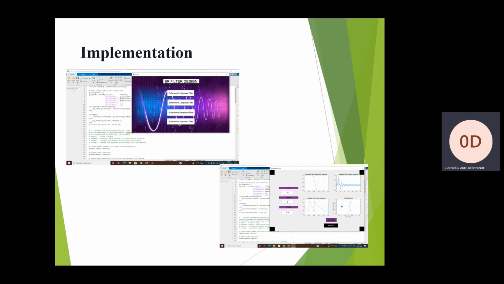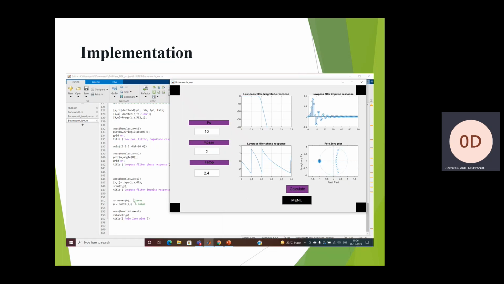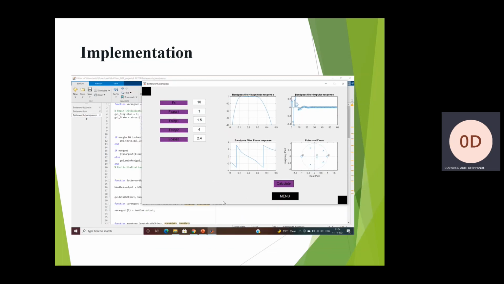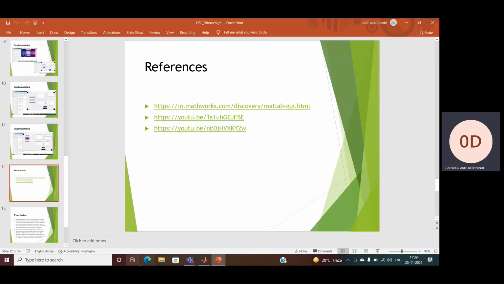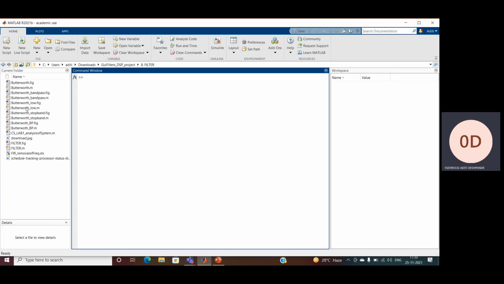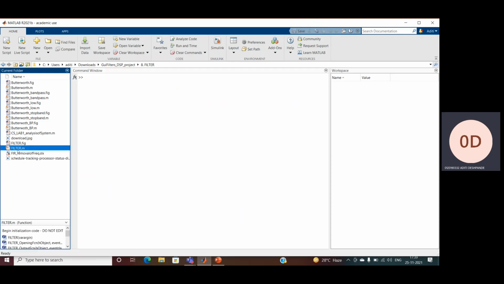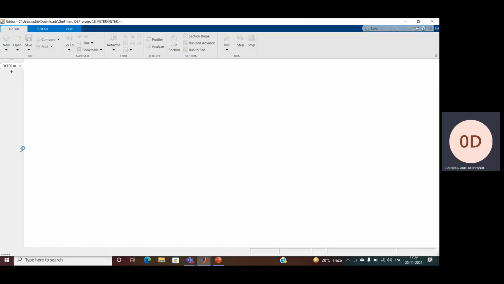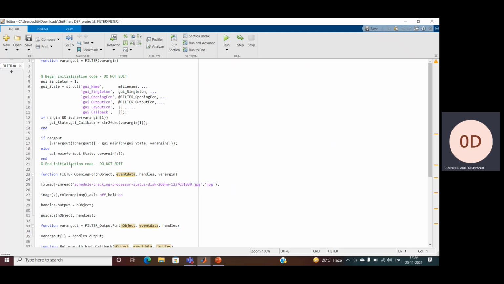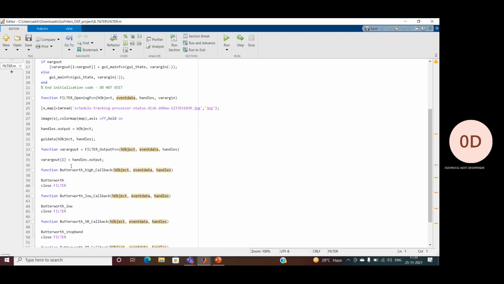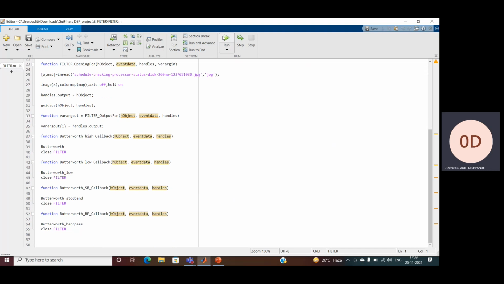Next is the implementation. These are some screenshots of our implementation. I will show you the implementation in MATLAB. So this is the MATLAB. I will open the file for the MATLAB. This is the file. If I run this,